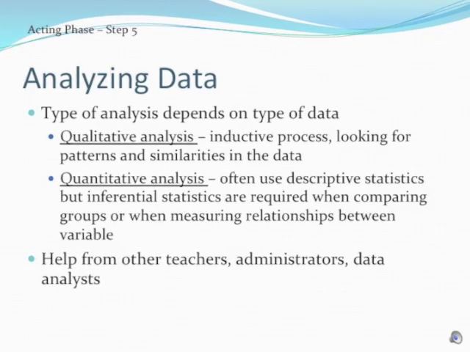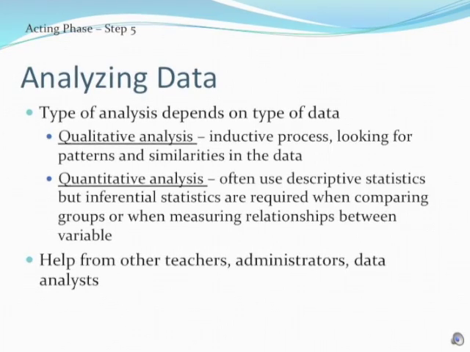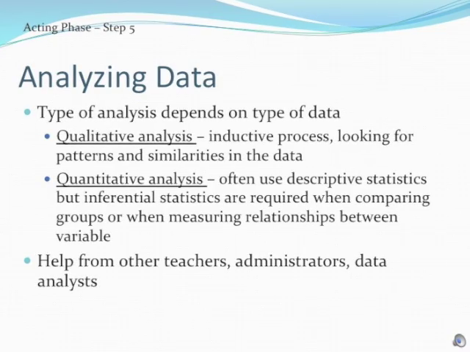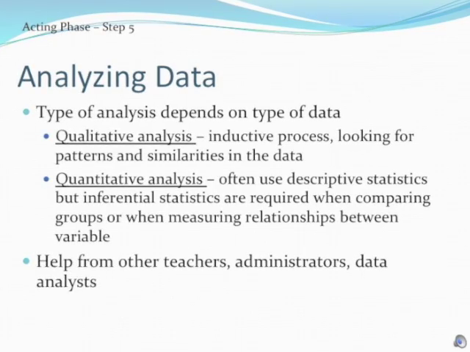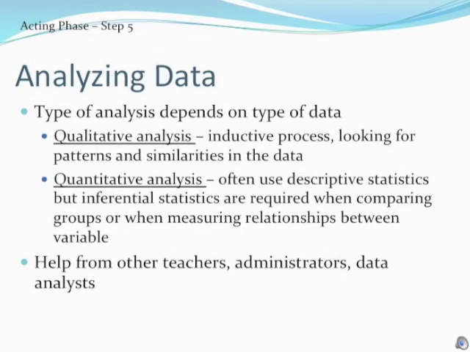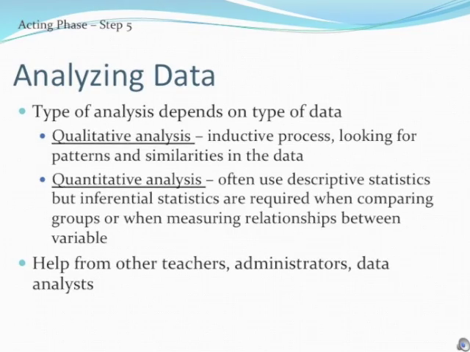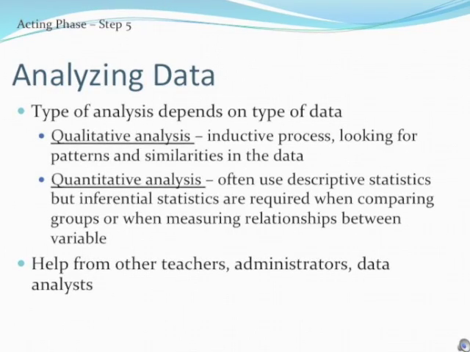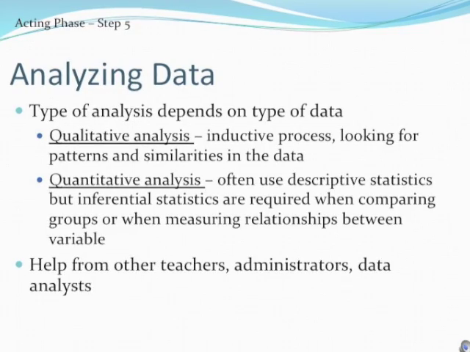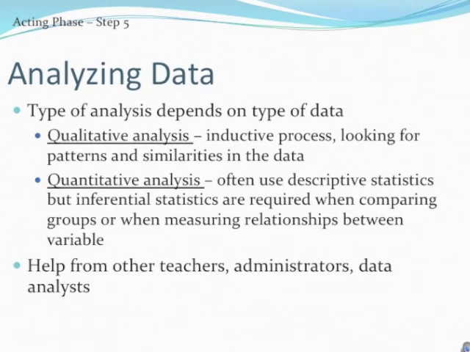During step 5, the researcher will be analyzing the data. The type of data analysis completed will depend on the type of data, either qualitative or quantitative, or both. For qualitative analysis, an inductive process will likely be used, looking for patterns and similarities in the data. For quantitative analysis, one often uses descriptive statistics, but inferential statistics are required when comparing groups or when measuring relationships